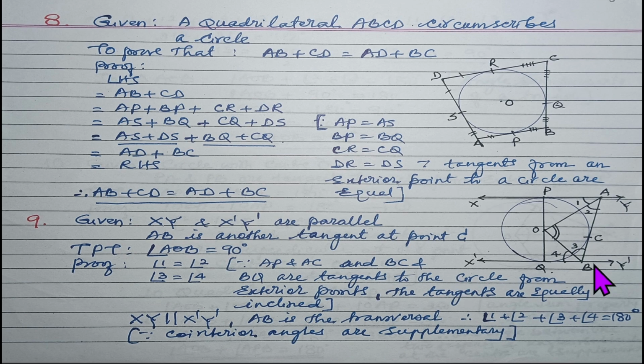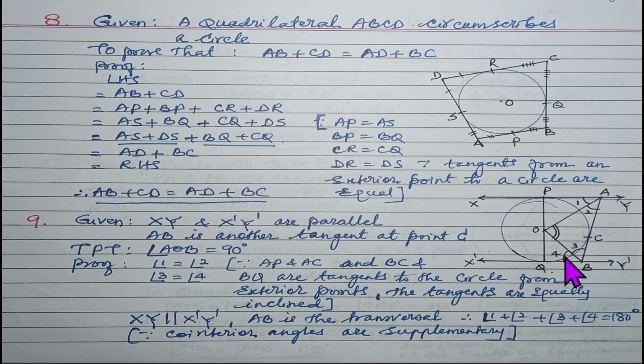If XY and X'Y' are parallel and AB is the transversal, then the co-interior angles are supplementary. That means angle 1 plus angle 2 plus angle 3 plus angle 4 is 180 degrees. So we have co-interior angles, and therefore angle 1 plus angle 2 plus angle 3 plus angle